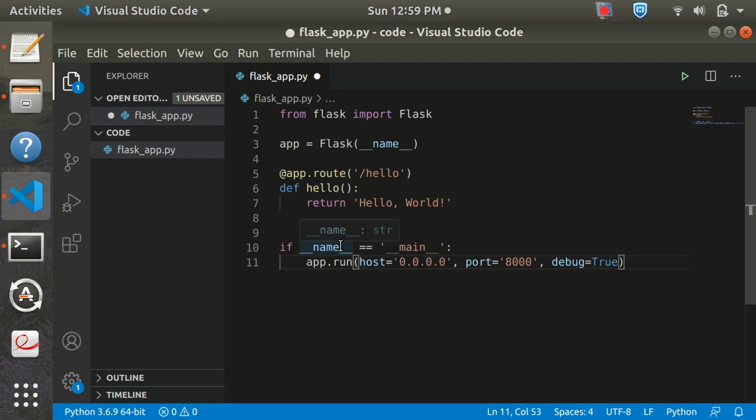Yeah, so if name is equal to main, we will run this Flask app which we have defined here on the host and port 8000, debug equal to true. The host being 0.0.0.0 means it will run on our local machine on port number 8000, and we have set debug equal to true. Okay,